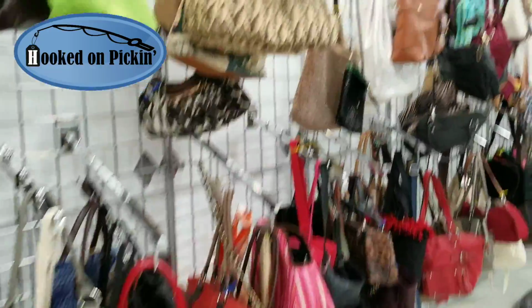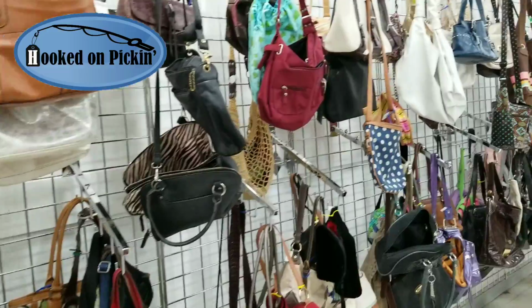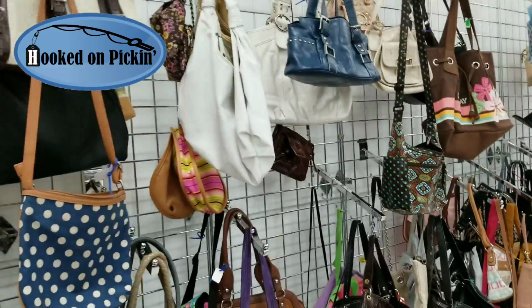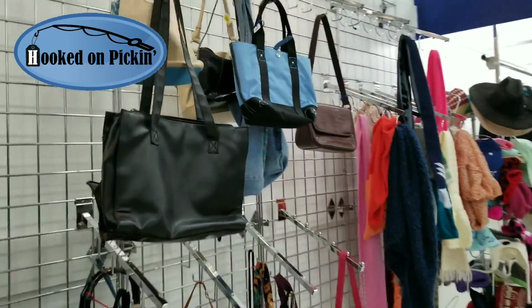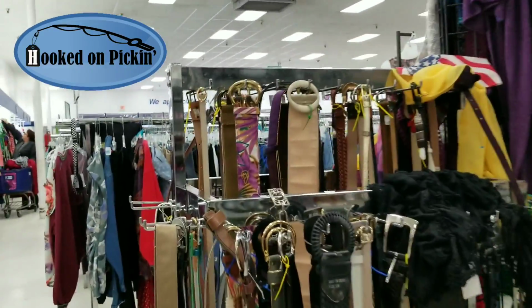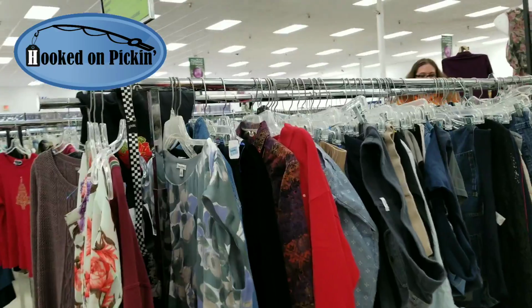Handbags and purses, those sell great on Poshmark. Those would be great things to purchase as well. And so these are really, really fun things to just look through. Some of you may know name brands of bags better than I, but this is definitely a good place to find things. Then, of course, you always can find clothing, belts, and regular accessories, and everything is at a really